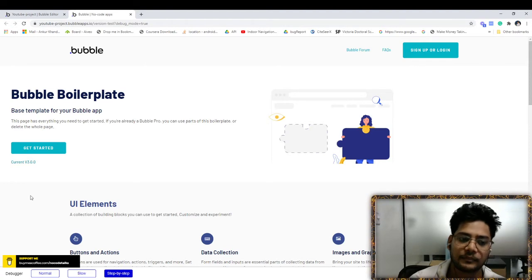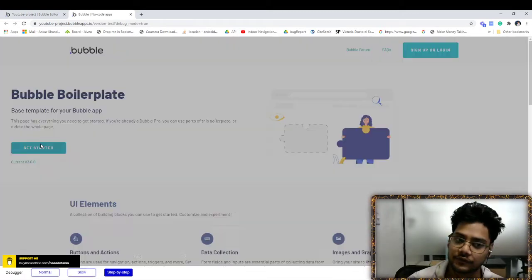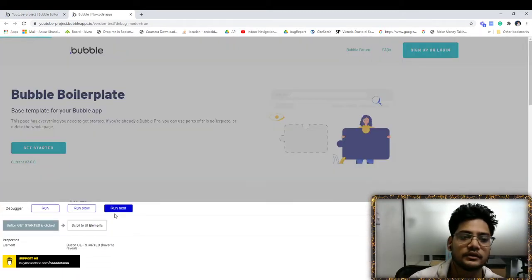Third is step by step. Step by step is where you are controlling what steps are being done. For example, if I click on get started, it will ask me to run next. Until I click on run next, the function will be in freeze mode. It will tell you a lot of things. For example, when you click on the get started button, it will tell you the properties: one property is consumed because we have clicked on the get started button.